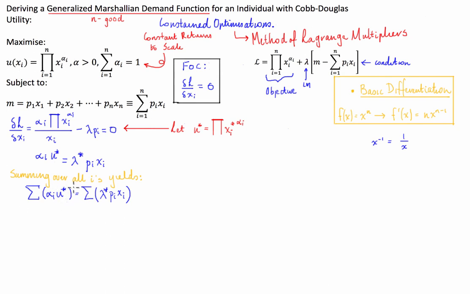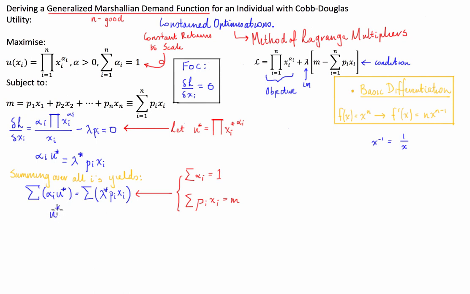So as you can see, our optimal utility, U star, is not part of the sum. We're just going to sum on the left all of our elasticities, and on the right we're going to sum all of our prices and all of our goods amounts or quantities. So the two sums that are important to us here are the sum of all of our elasticities, which, because of our constraint, equals 1, and also you'll see that the sum of the prices times the quantities is just going to be equal to our income. So we can rewrite this then as simply